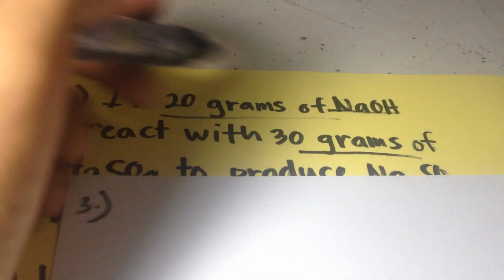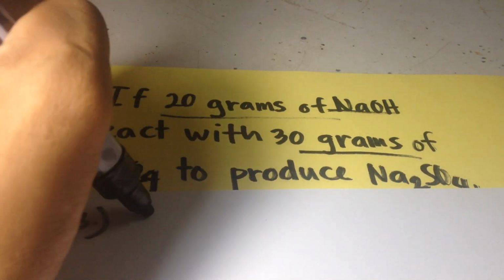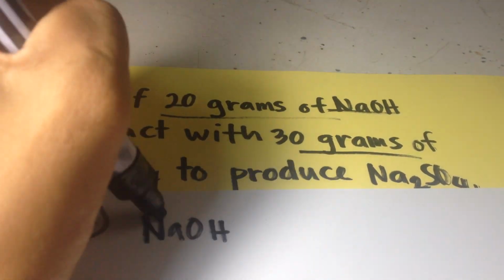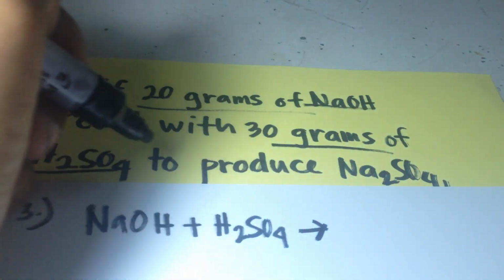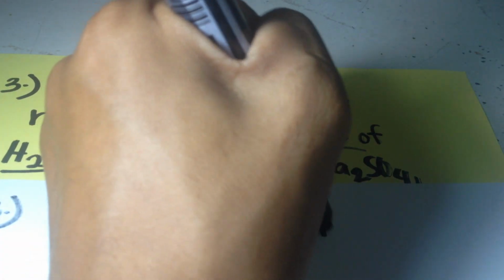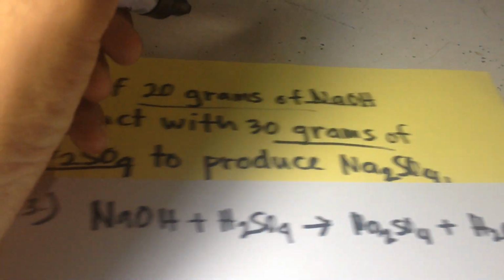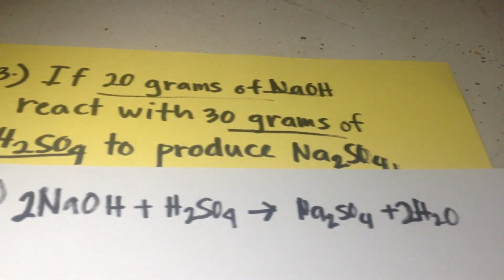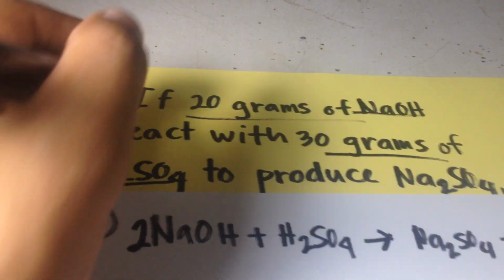Sodium hydroxide reacts with sulfuric acid. So sodium hydroxide plus sulfuric acid reacts to sodium sulfate plus water. This is not completely balanced, so you write a 2 coefficient here and then 2 here. So it's perfectly balanced. And we have 20 grams of